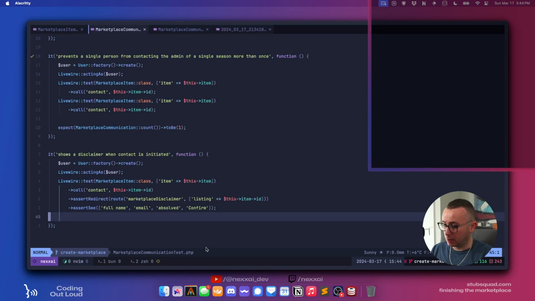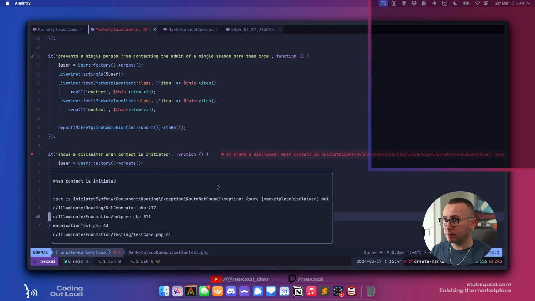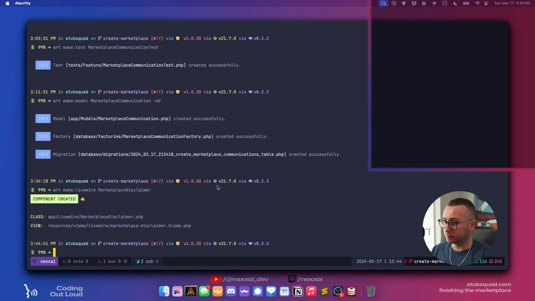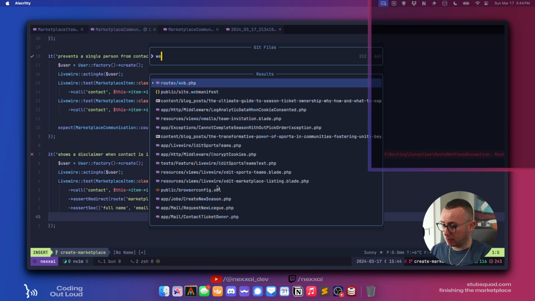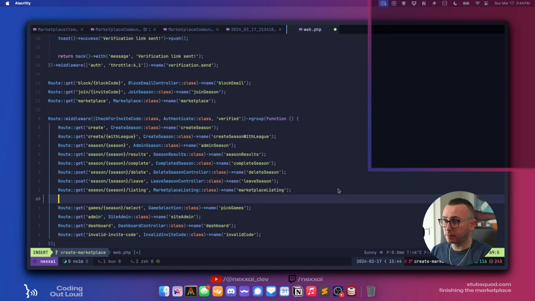Well, TDD says we run the test and it should fail, right? Okay, so the route doesn't exist. So let's artisan make Livewire marketplace disclaimer. And then we'll go into the web route and say route get season.